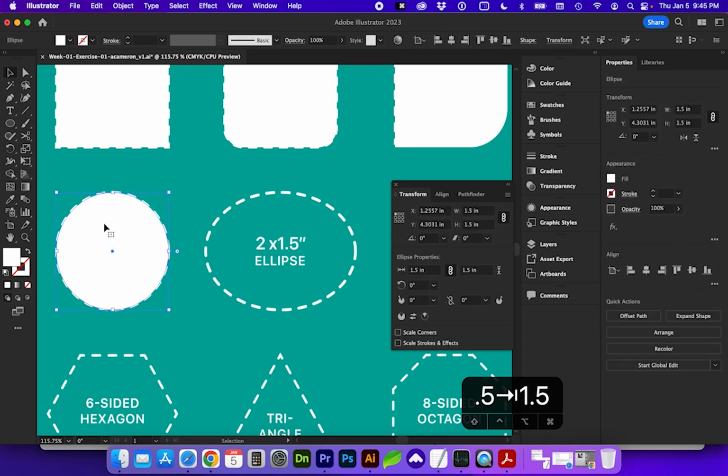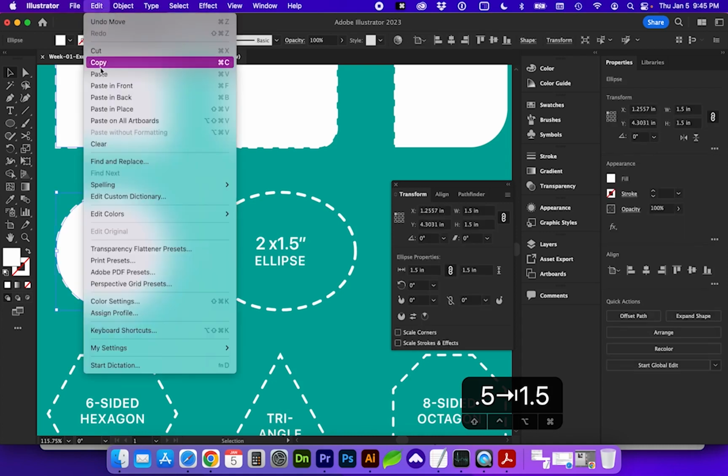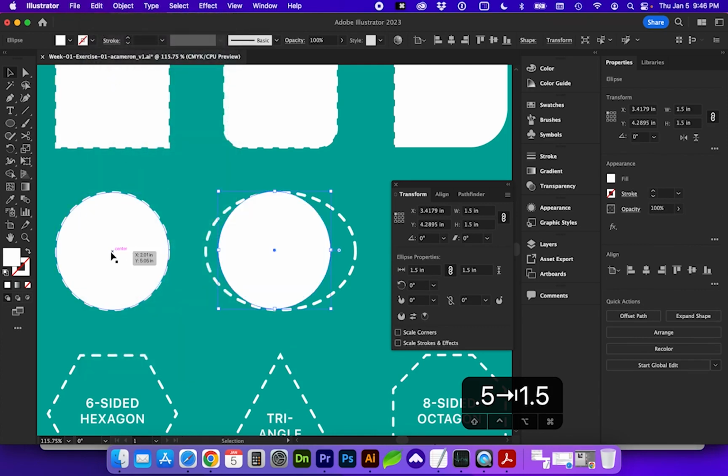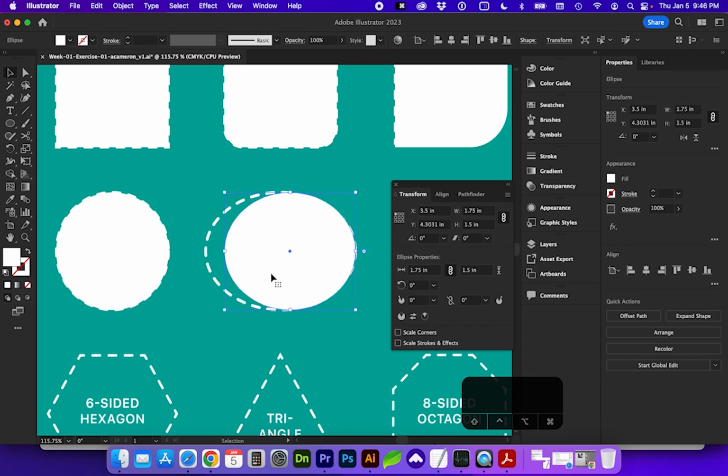So we can either copy this one, copy and paste under Edit, or Command C and Command V. And we can scale this either by taking one of the edges, or if you hold down Option while you click on this edge, it will scale both sides. If I undo, Command Z, find your arrow here on one of the sides, and if I only click and drag, it's going to only adjust one side,